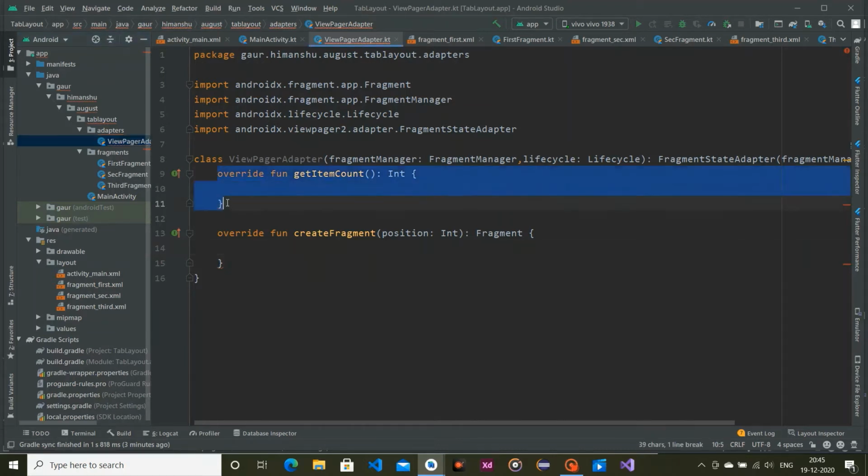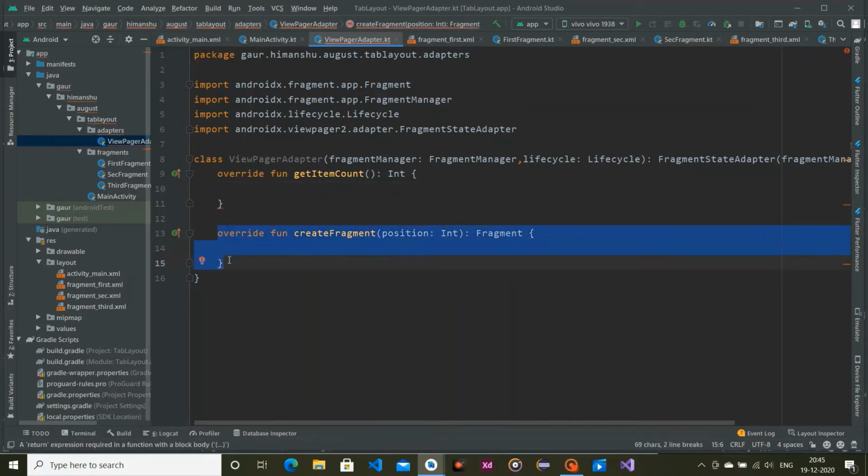Fine, so this method will return how many fragments we have for our ViewPager 2. In this we only get the count but don't get the fragment actually. So in the other method we will create the fragment based on our position number.